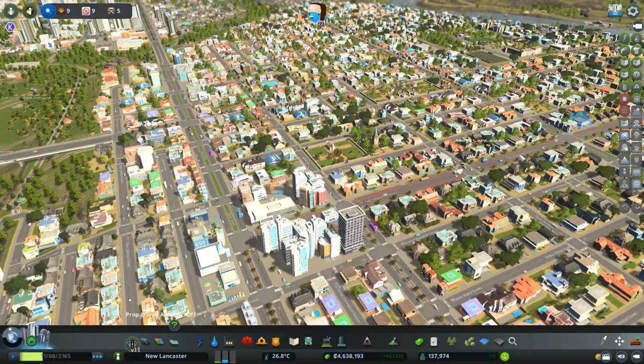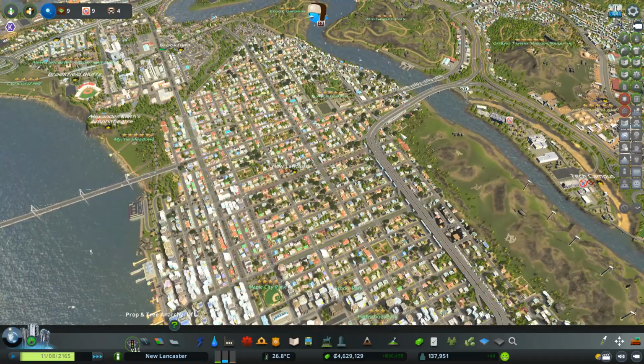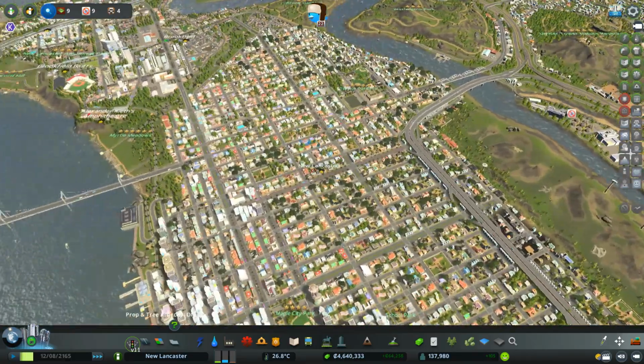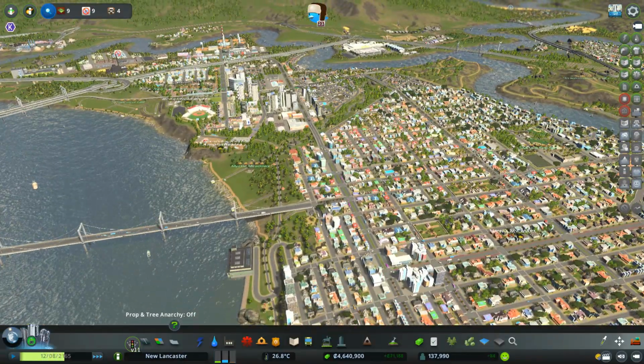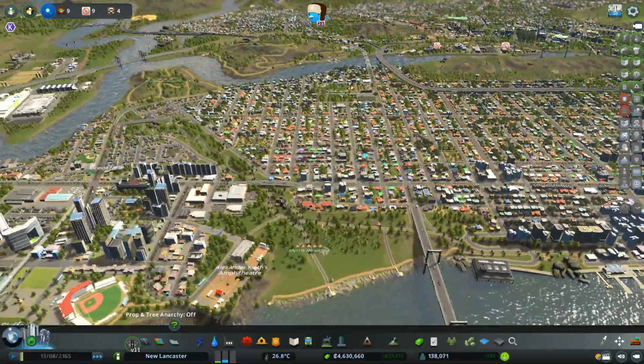Could have a dedicated bus road over here that goes to the highway, where all the buses from the suburban networks come down to get to the downtown. We'll go over all the transit in the city in a little bit. So pretty sure